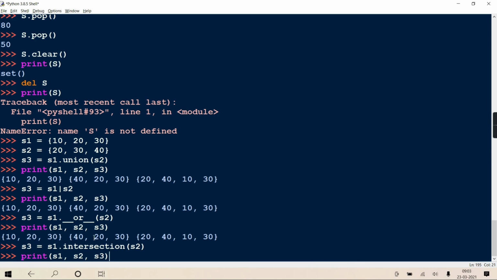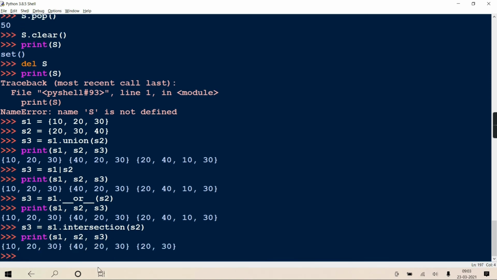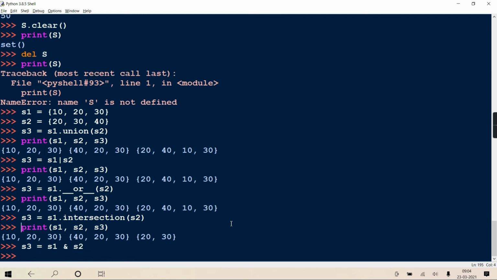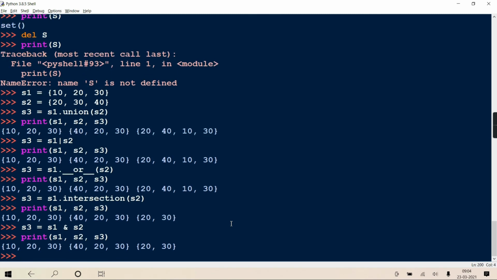This also contains 20, 30, this contains 20, 30, so only those elements are present in your third set. The first set, the second set, and the third contains only the common values between both, 20, 30. Clear? You can even write S1 AND S2, print and see the same result.